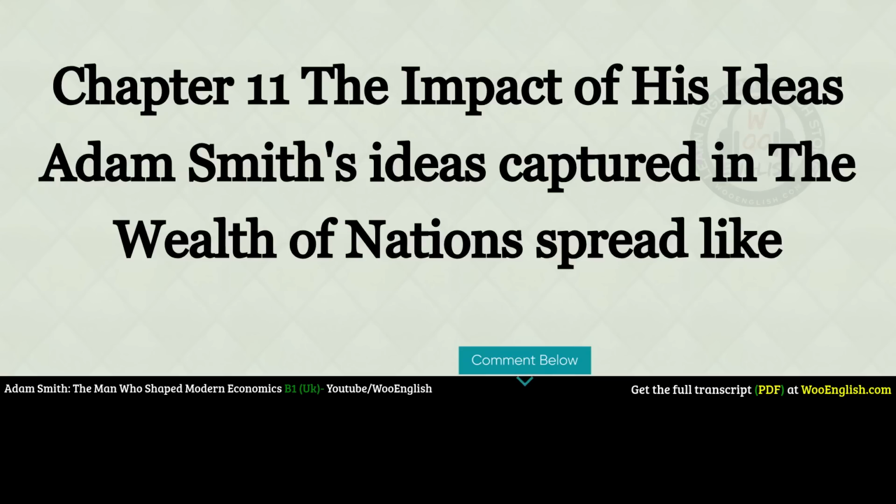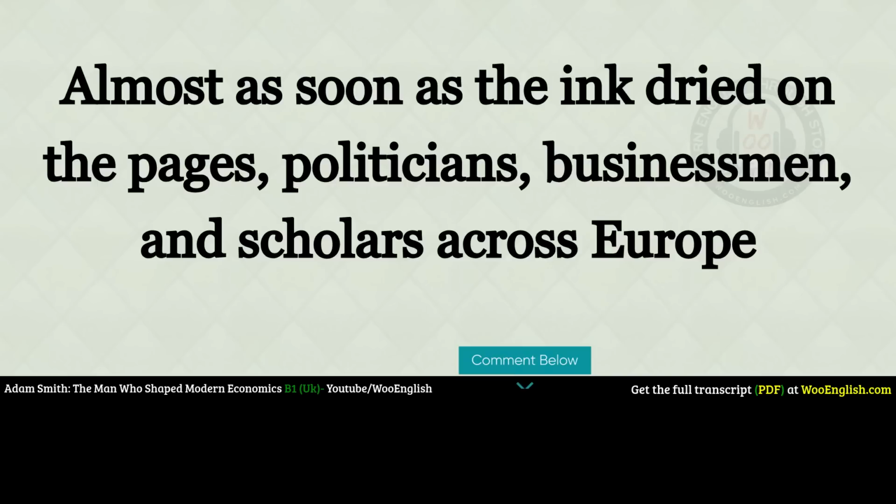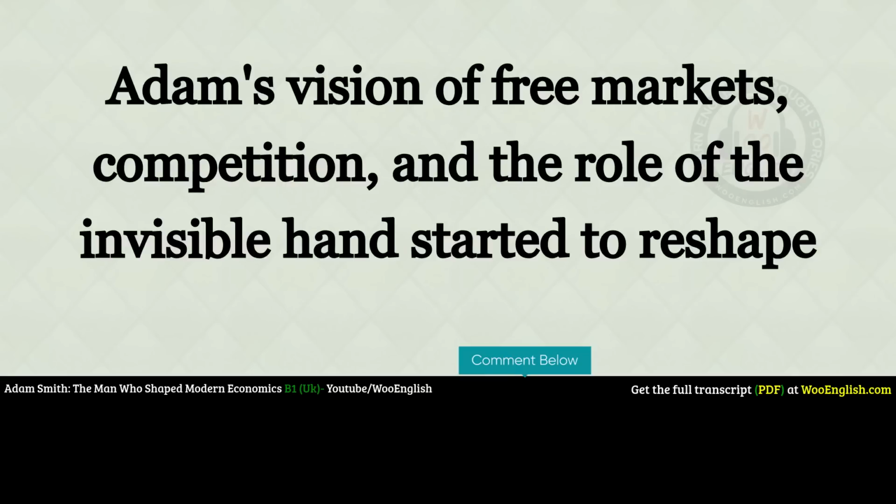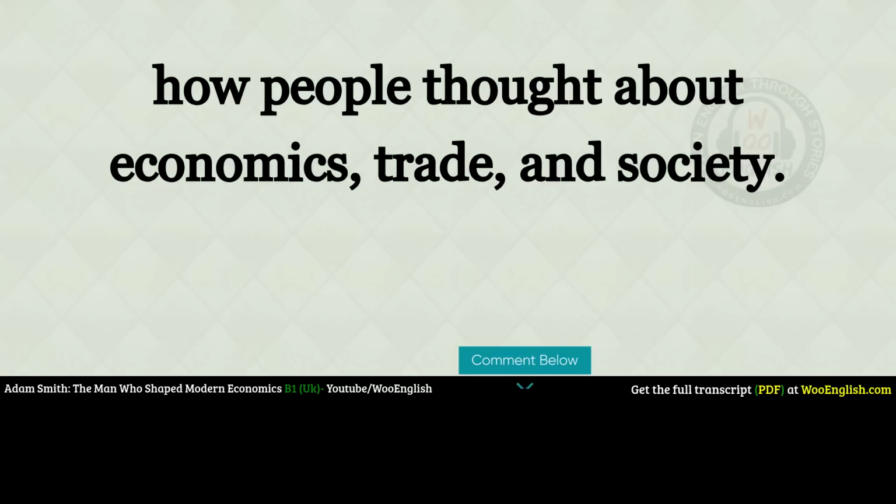Chapter 11. The Impact of His Ideas. Adam Smith's ideas, captured in The Wealth of Nations, spread like wildfire. Almost as soon as the ink dried on the pages, politicians, businessmen, and scholars across Europe began to see the world in a new way. Adam's vision of free markets, competition, and the role of the invisible hand started to reshape how people thought about